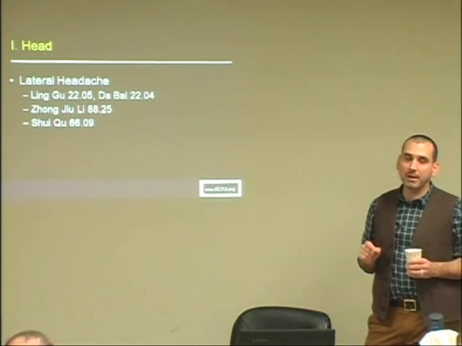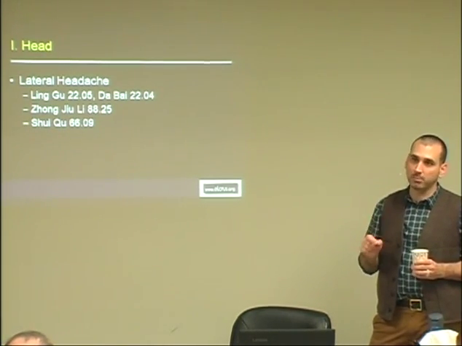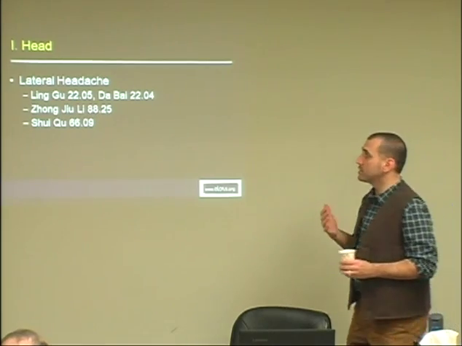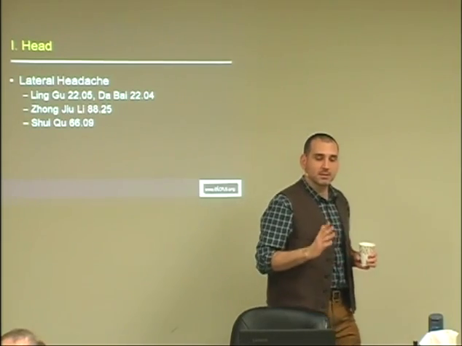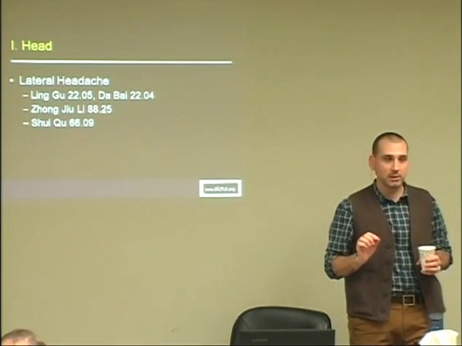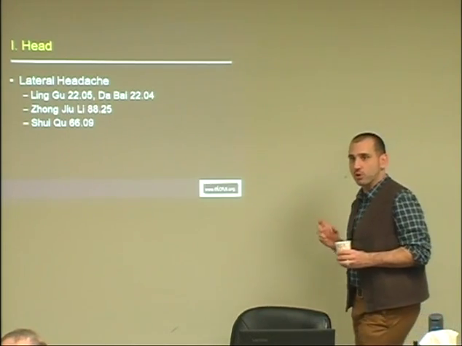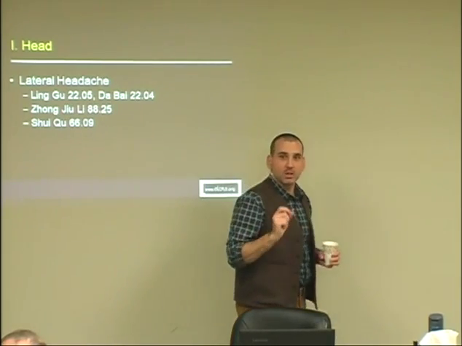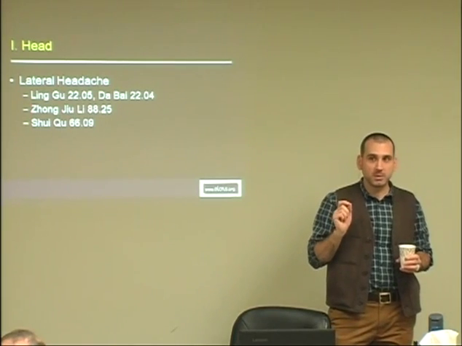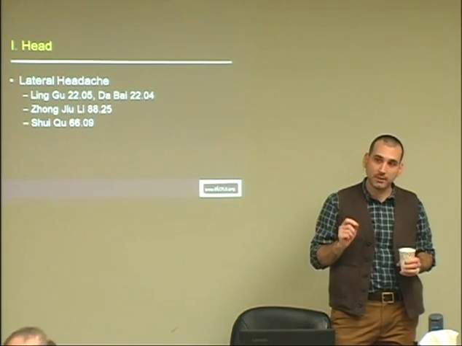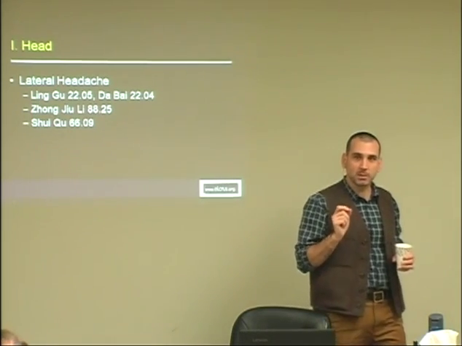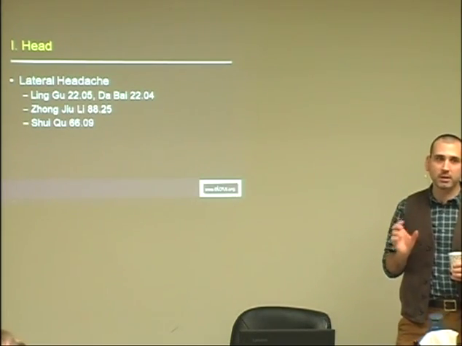That said, Lingu and Dabai together are so effective for head problems that we can still needle these points, but we definitely want to combine with some other point that targets the Xiaoyang zone. And the next 2 points, Zhongzhou means middle 9 miles, and Xuechu means water curve, water bend. These 2 points are both on the gallbladder channel, so they focus specifically on the Xiaoyang area on the head. Okay? So we can use Lingu and Dabai, but we want to combine them with other points that help bring us into the Xiaoyang.